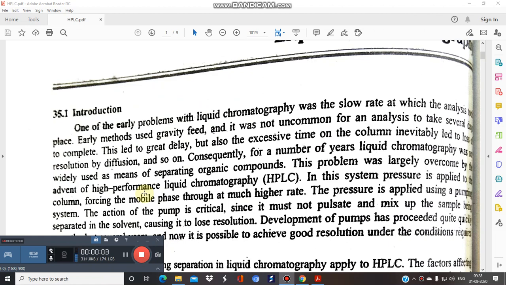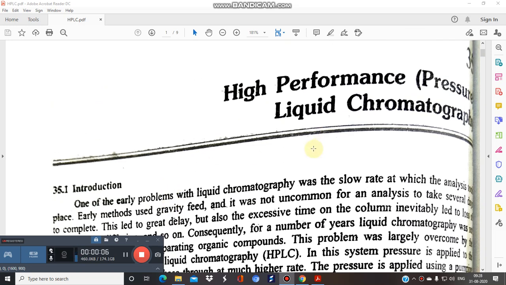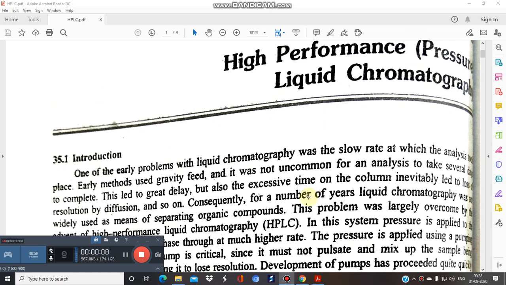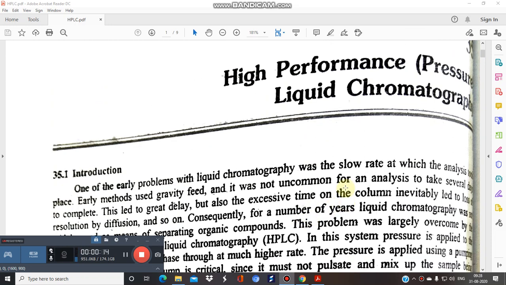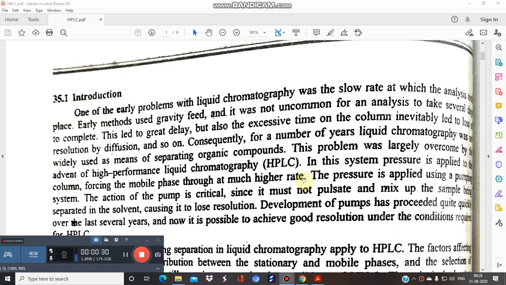I welcome you all to the next chromatographic technique, that is HPLC, from the very famous book written by author Dr. G.R. Chatwal. We have already covered this topic in the previous video, so I request you to watch all the previous videos related to HPLC. And in this video tutorial, we are going to see the important concepts of HPLC as per the book, that is Instrumental Methods of Chemical Analysis by Dr. G.R. Chatwal. So let's see.